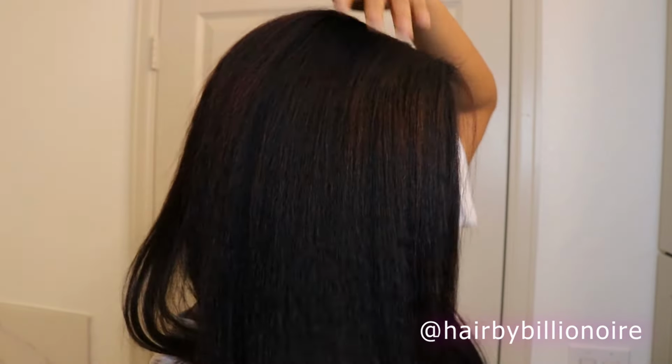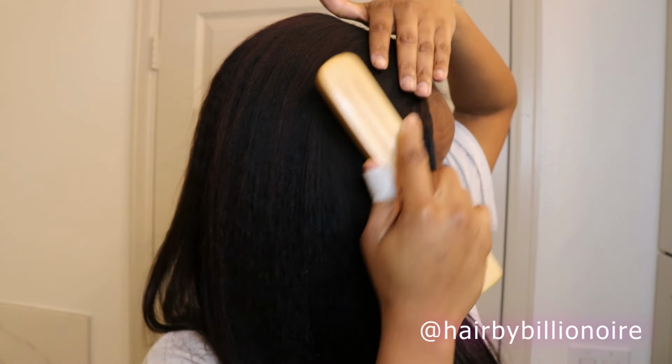Okay, I'm gonna do it in the mirror. She's black. I only sprayed the bottom. That's crazy. I'm a genius. Dang. Clearly I missed some spots, but